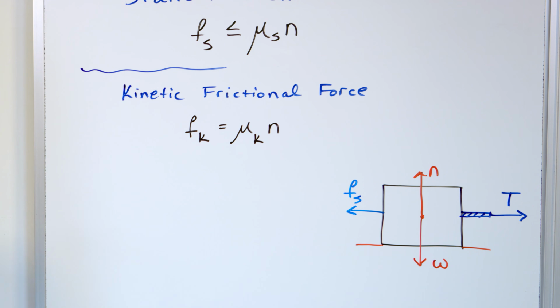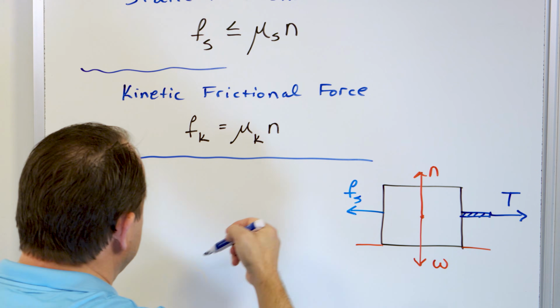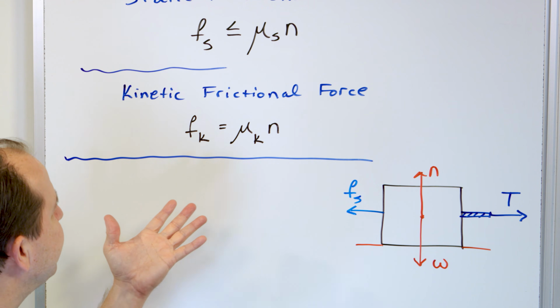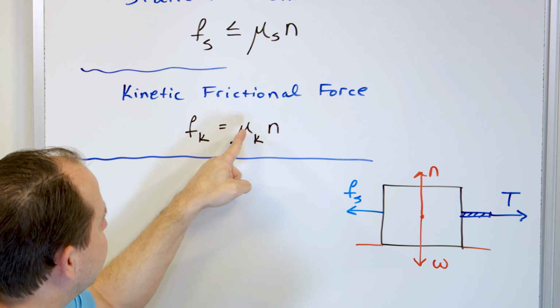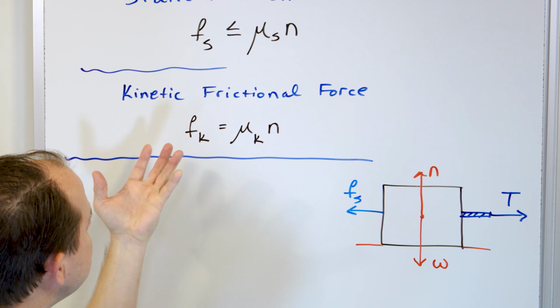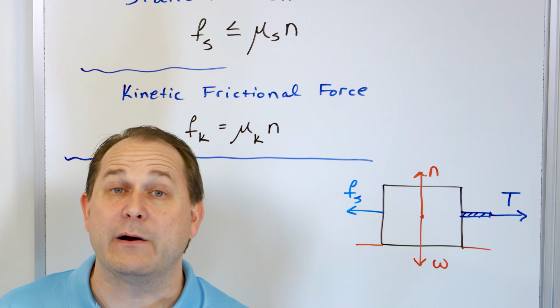I don't want to get too far into the weeds right now as to why one of them is an equal sign and one of them is not, because we need to draw a couple of pictures. But basically, once the object is moving, the frictional force is constant. You just calculate what it is. What is the weight of the object? What is the coefficient of kinetic friction? And there you go. Before the object starts moving, there's a little different interaction that we need to talk about,